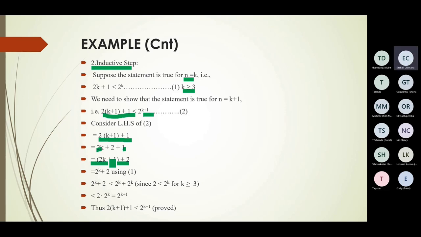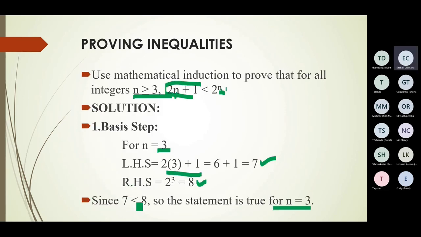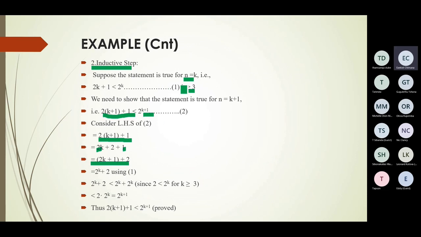But I think we know that 2k plus 1 from P of k. From P of k, where is our P of k? Okay, from here, we know that 2k plus 1 is always less than 2 to the power k. So we can take this 2k and replace this one with 2 to the power k. So we end up having 2 to the power k plus 2, right? And then from there,